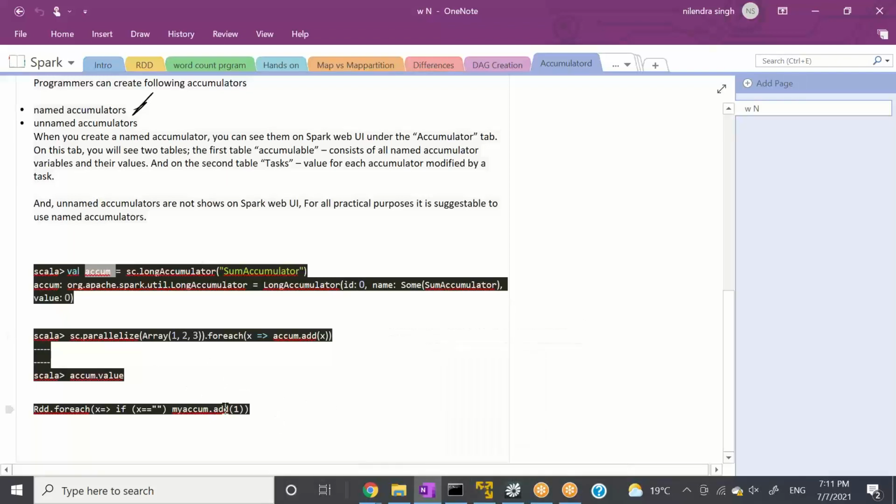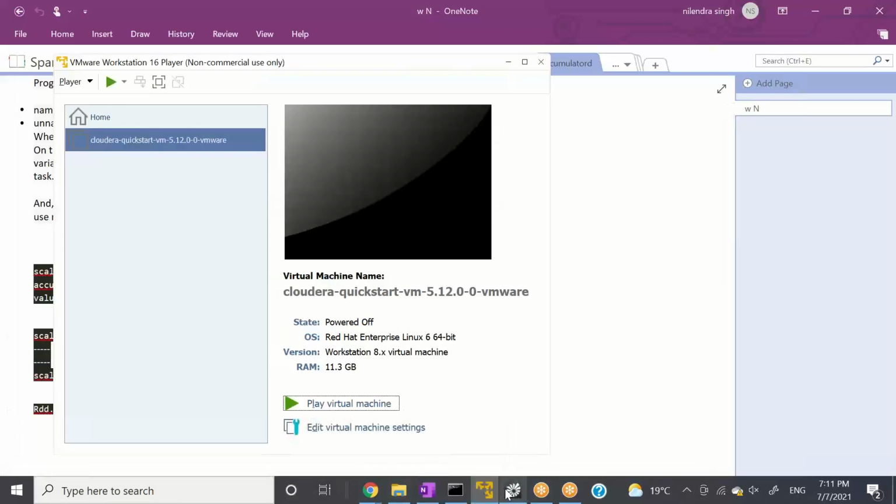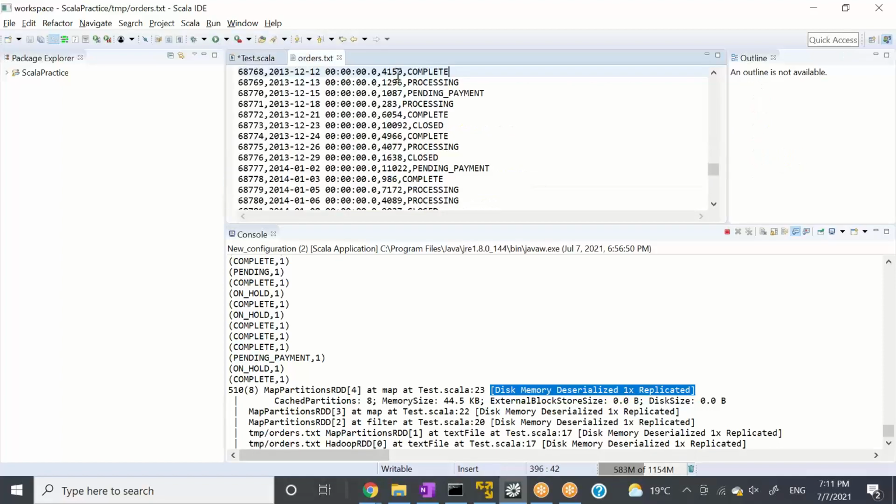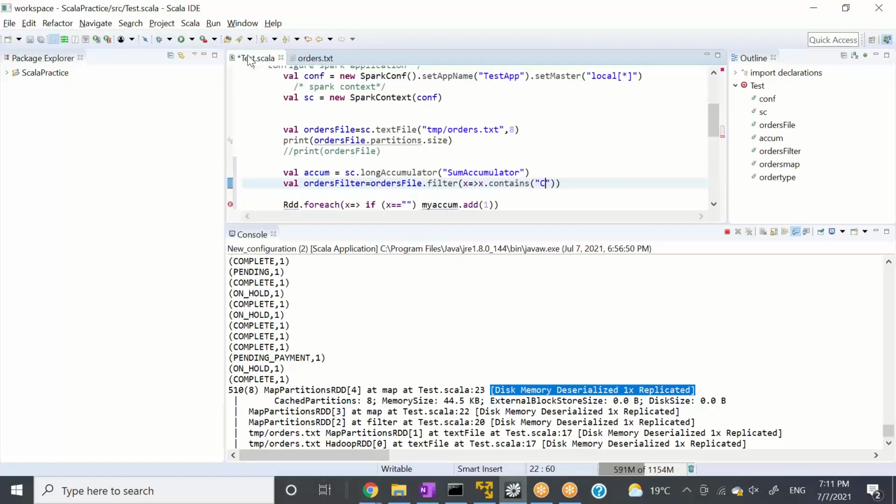Let's copy this line as well. So what I'm trying to say here is, whenever I see a C alphabet in my file, you need to add 1 to the accumulator value.